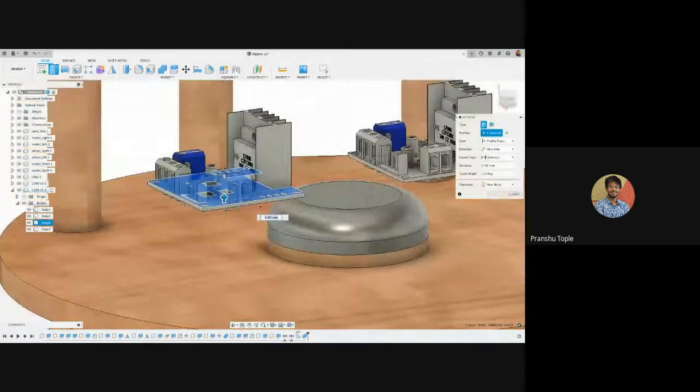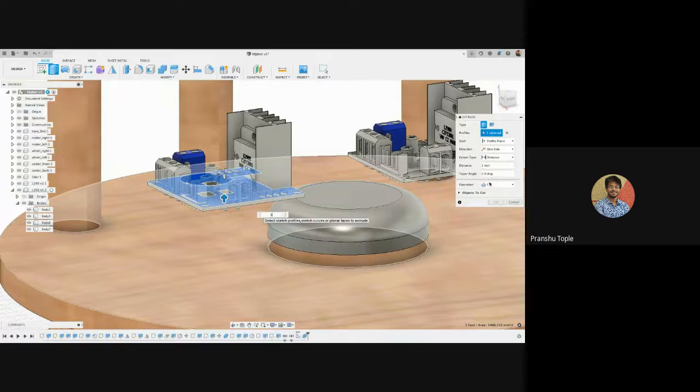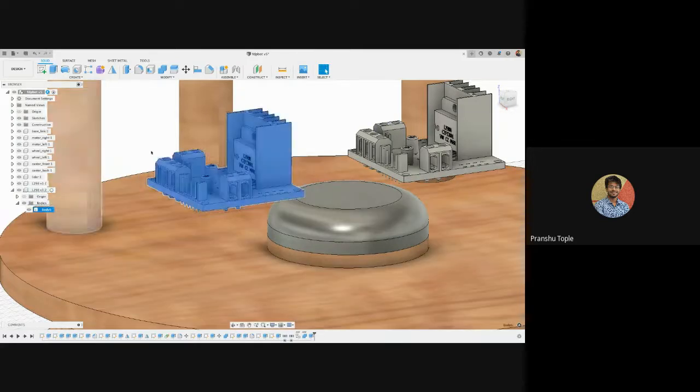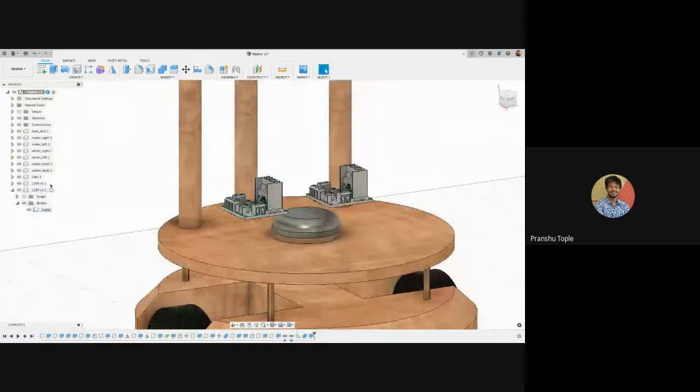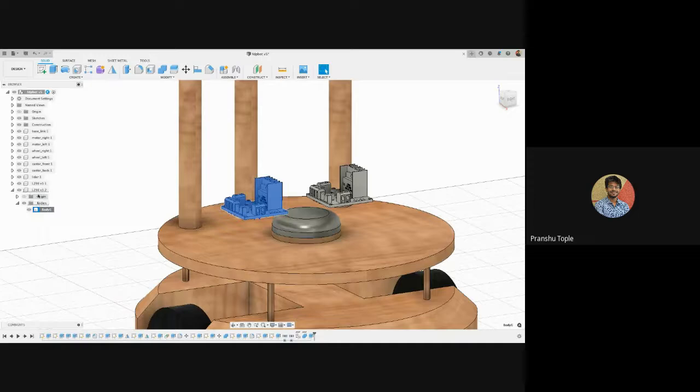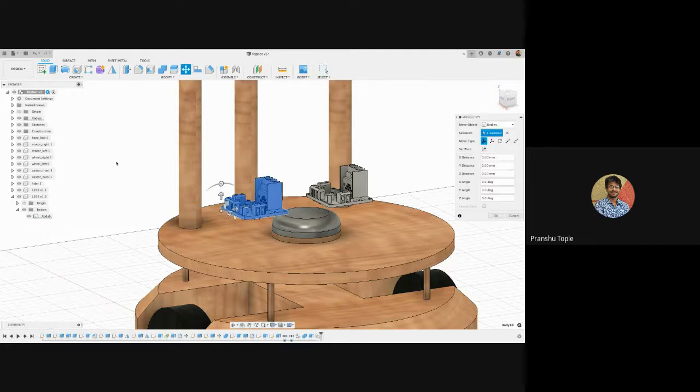So if I just extrude it 1 mm, and instead of cutting, I will join them together. There we go. We just have one thing now over here. So now just copy this component. Inside the component, we have to select the body, copy it with Control C, and paste it with Control V. Currently there are no bodies written here. When I press Control V, you can see a new body section is created, and inside that we have the body.